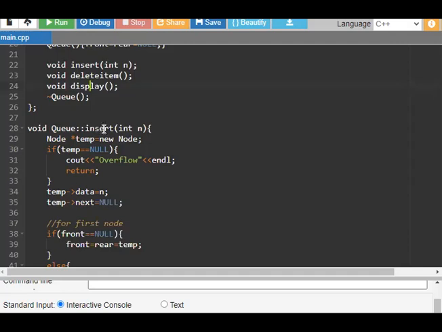In the insert function, first we check whether it is overflow or not.